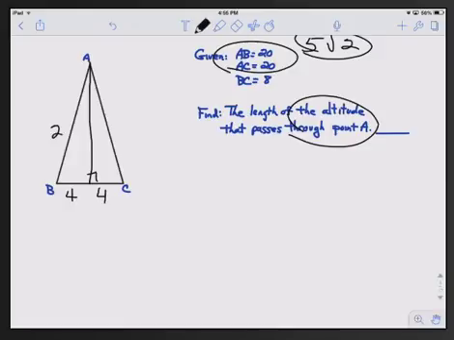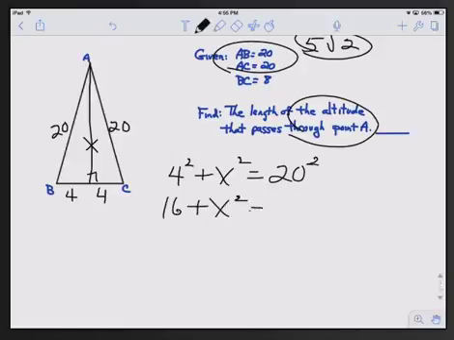So therefore, if each of these sides is equal to 20, we can solve for x by looking at either of the right triangles and saying 4 squared plus x squared equals 20 squared. So 16 plus x squared is equal to 400. We can subtract 16 from each side of the equation, and we have x squared is equal to 384,